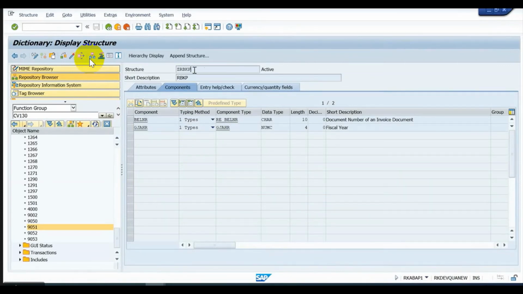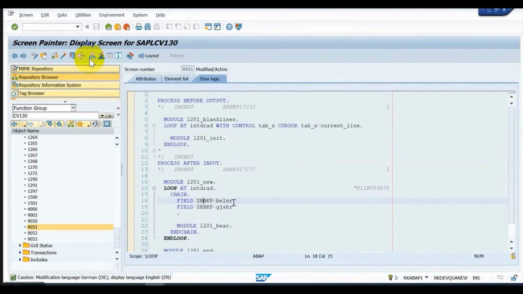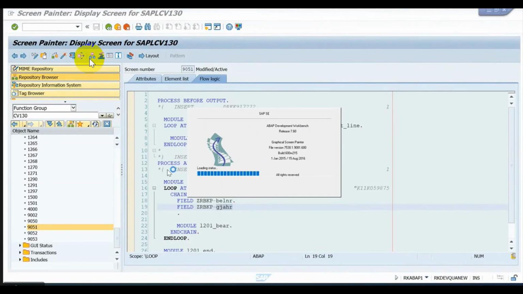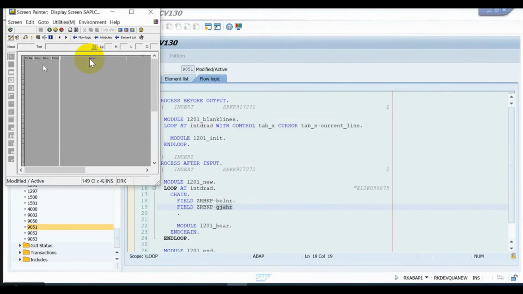See, Z Rbkp, a simple structure that has two key fields, and these two fields we have used in this screen. One more thing, you need to add these two fields in the layout of this screen, like invoice document number and fiscal year. Once this is done,